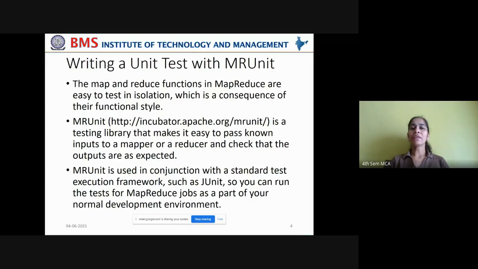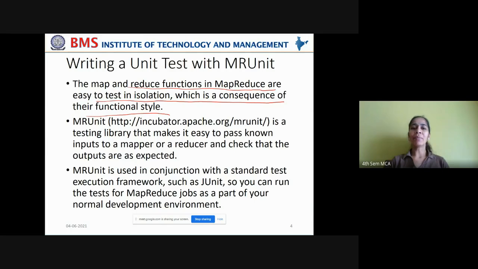Now let us see how to write a unit test with MRUnit. The map and reduce functions in MapReduce are easy to test in isolation, which is a consequence of their functional style. It is not that all have to be tested as a black box. You need not test them at the abstract level.